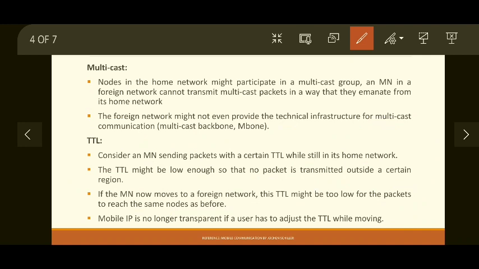So the first issue is the firewall and the second issue is multicasting. Then the third issue is TTL. We all know the full form of TTL: time to live. It is a field used in the IP packet to indicate within how many hops the packet should be delivered